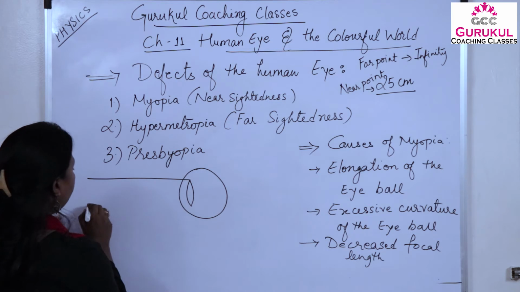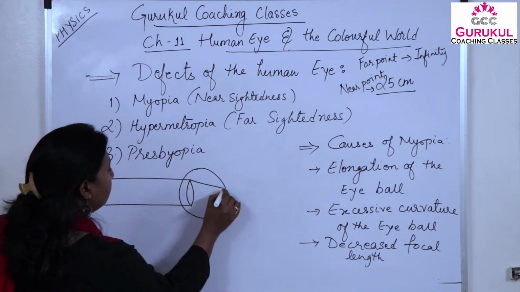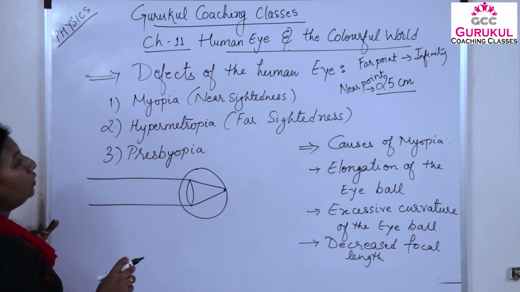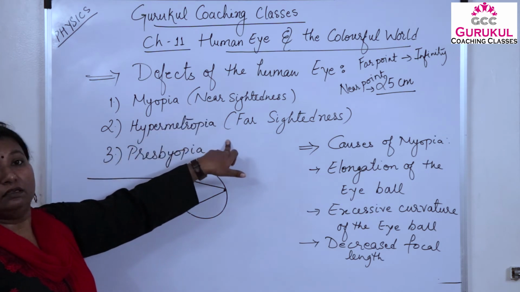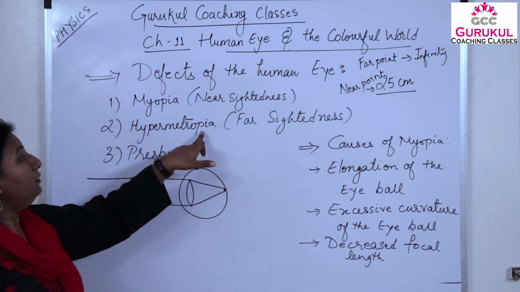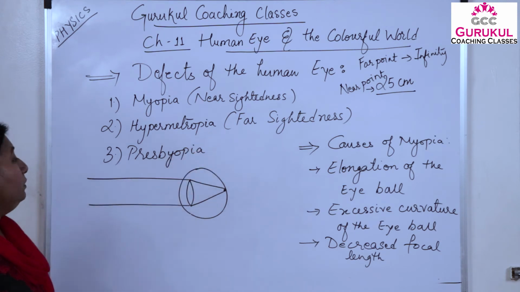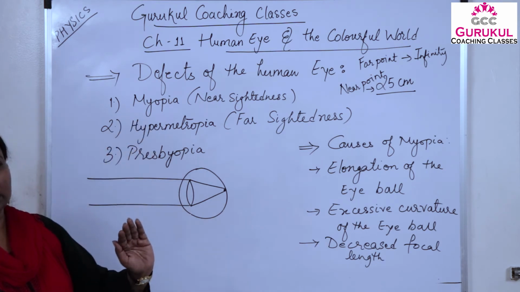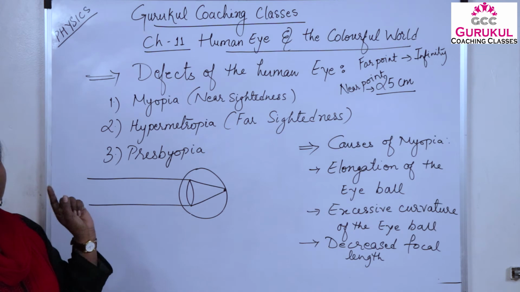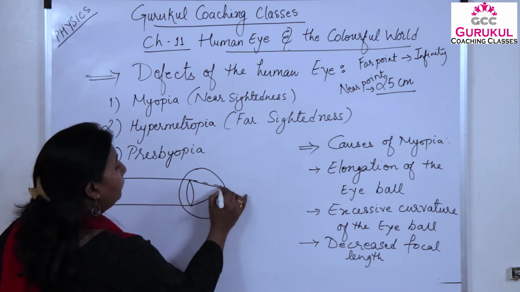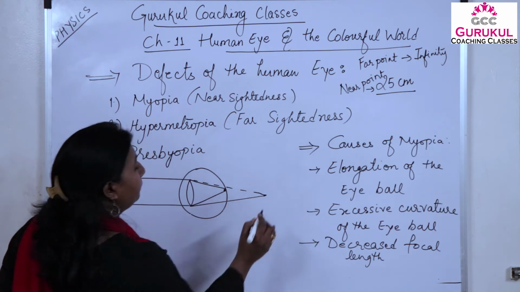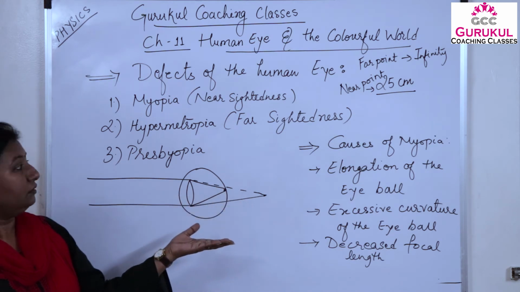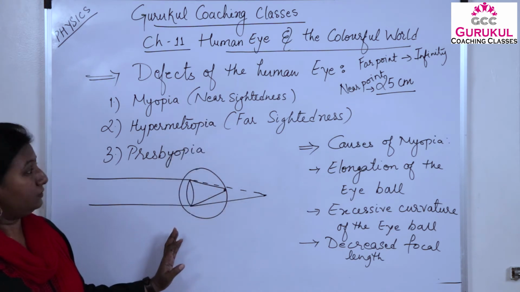In a normal eye, the parallel rays will come, converge and form the image at the retina. But in this case, what happens? The person can only see faraway objects, right? They can't see nearby objects. In that case, the far point of the person's eye will increase, and the image of the object will form after the retina, or you can say beyond the retina. So the person can't see the nearby objects.